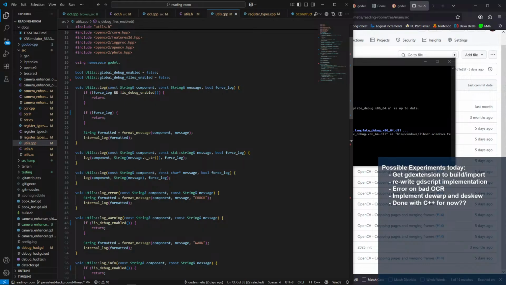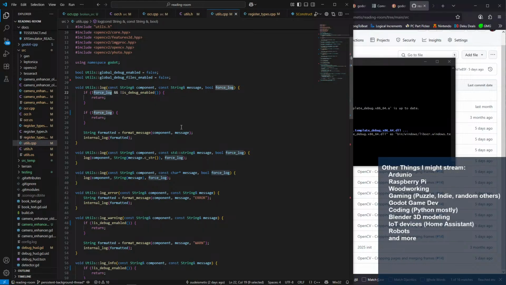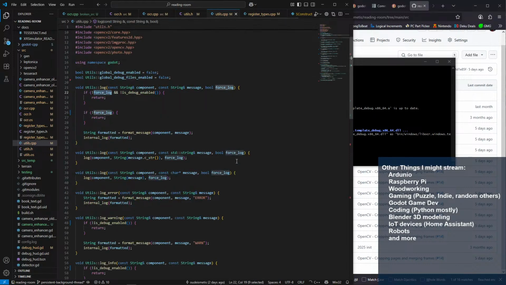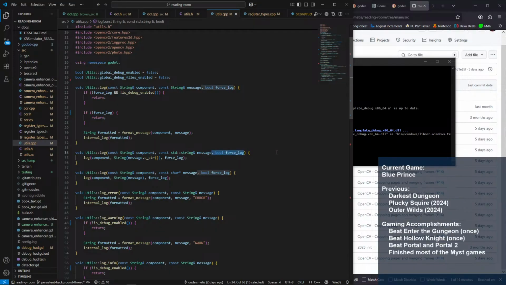And all those, they just do conversions and they end up calling a different log, this log. Do they even have like a force? Why even have the force function? I'm not gonna use that. Force log? No, sorry. Fine, I'll leave it for now.